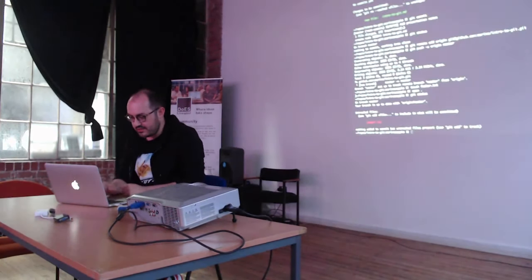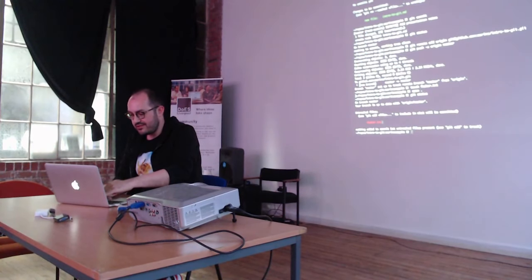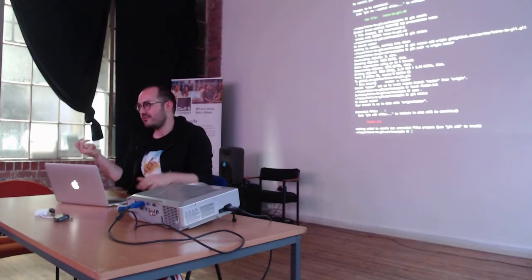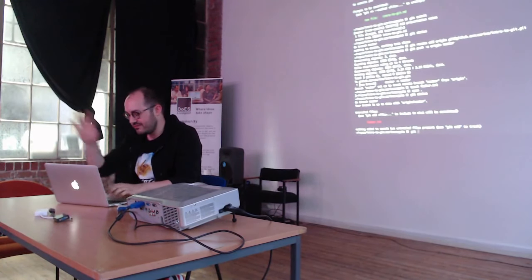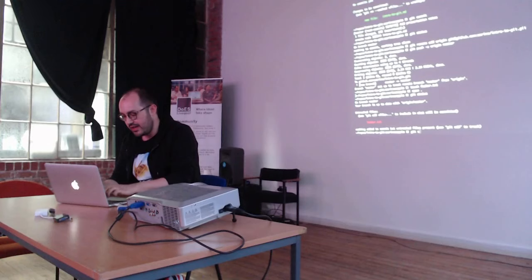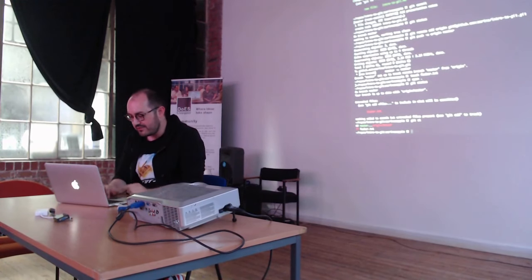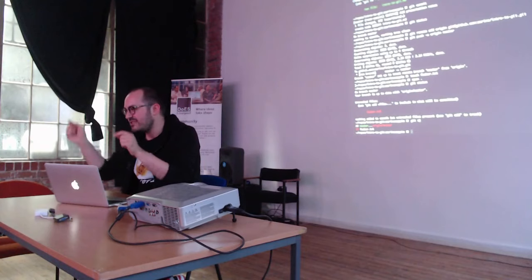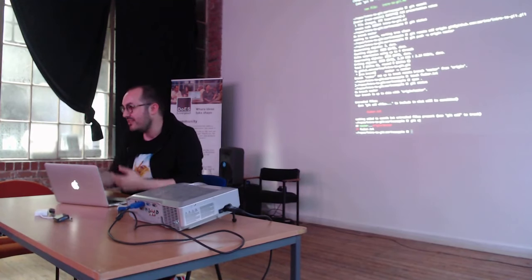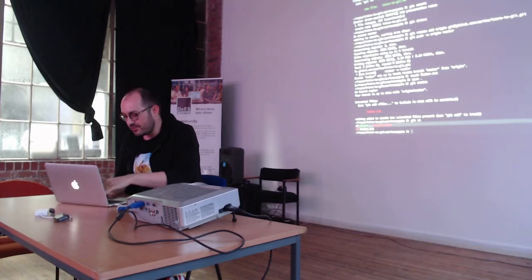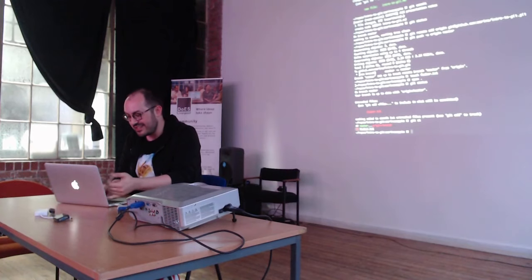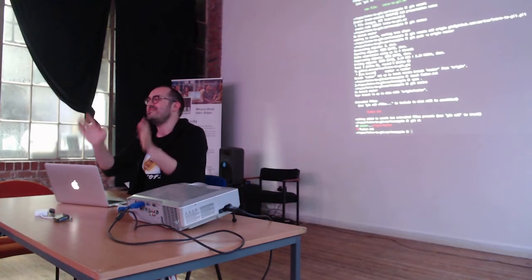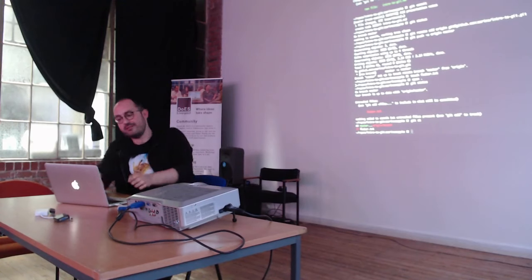If we do git status, so Git knows about the file that we added. It doesn't know anything about this new untracked file. There's loads of different ways you could run git status, and one which I can tell people about later after the talk if you want. There's various flags that you could add to all these commands basically to modify how they look and the output it gives you. And lots of people sort of try and shorten the output to make it a bit clearer. So I tend to run it like this, and I see question marks, which means Git doesn't know anything about that file. There you go.